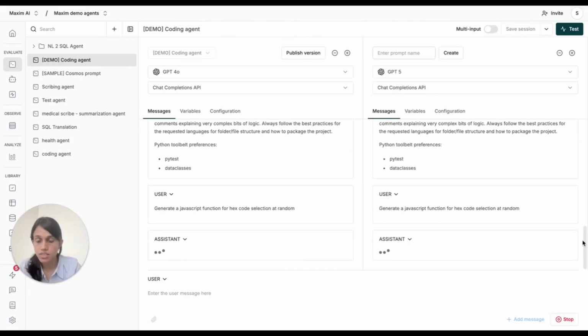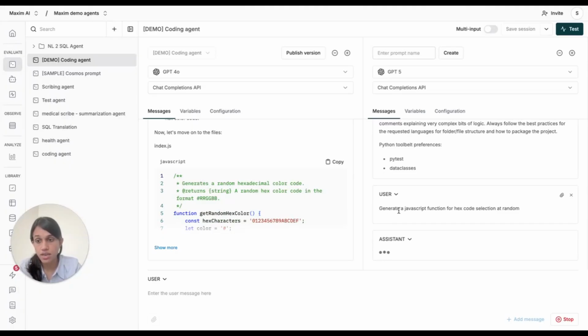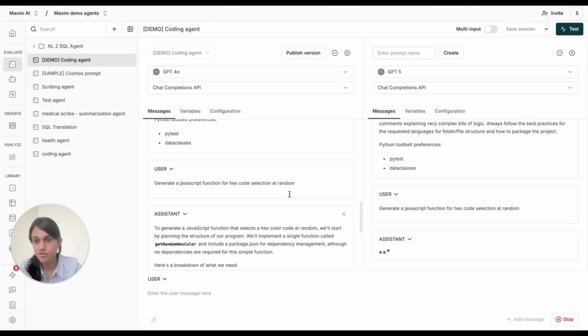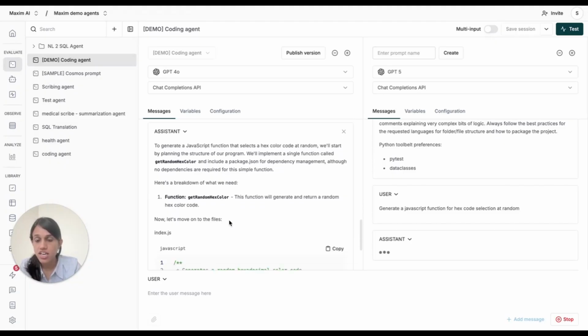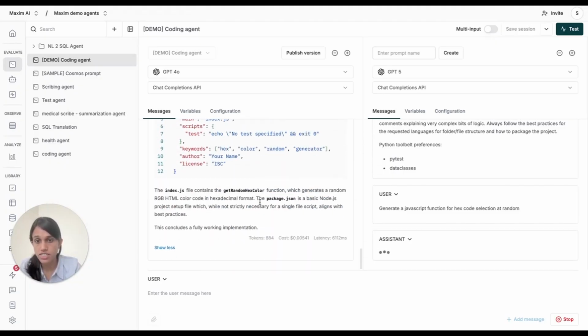So what is happening here is that we are comparing how GPT-4 and GPT-5 would respond for the same user message. You can see GPT-4 of course was much faster. There's a detailed response from the assistant with some code generated, etc. And you can see that the tokens, cost, latency are also provided here. GPT-5 being a much slower model is still responding, so we'll wait for that to happen and see how the